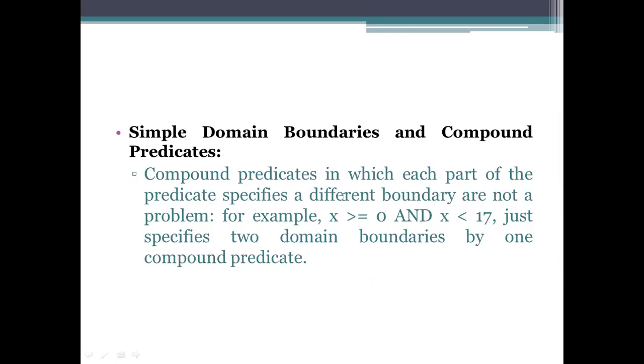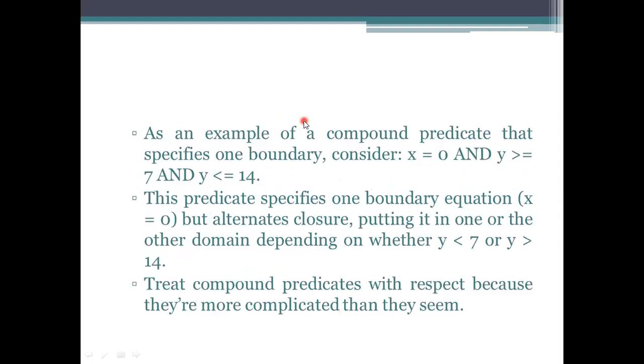So one thing we need to specify here is that we need to keep the boundaries simple, and if you are allowed to take multiple variables into account, then simply change that one and process it. So here, if you take another example, which specifies one boundary, see in this example we are using x equals 0. So x is assigned a value of 0, then the set consists of only one value, which is 0 only.